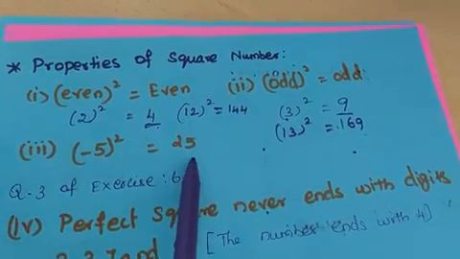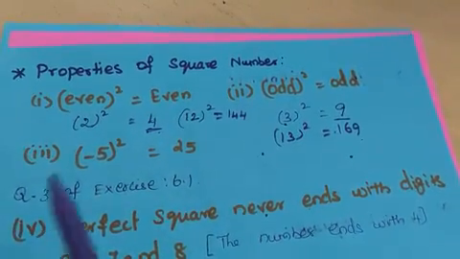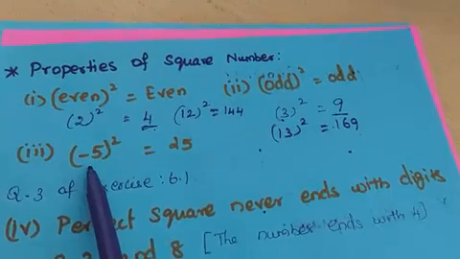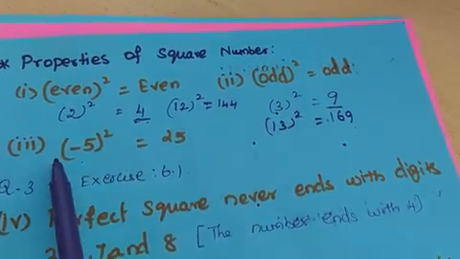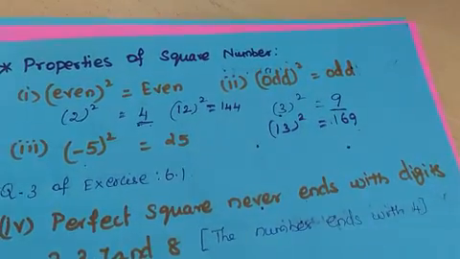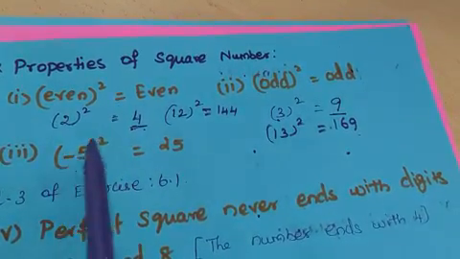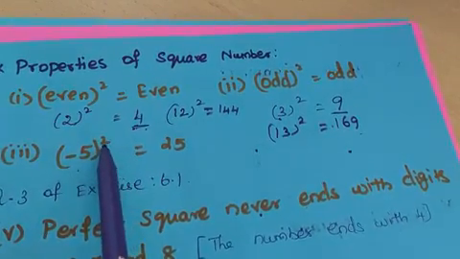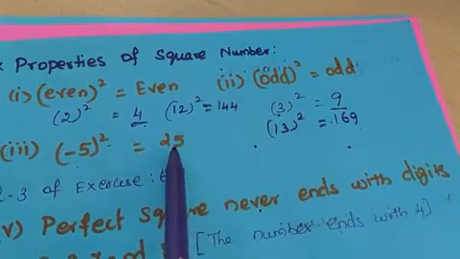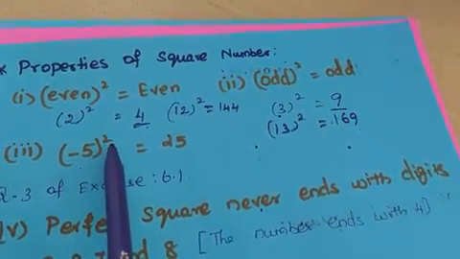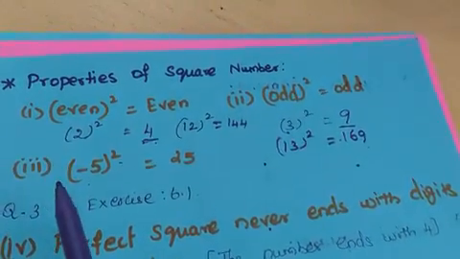We will get a positive number only, because we know that minus into minus is plus. So whenever you are taking the negative of a square, you will get positive. This concept we learned in class 7th, integers also. If you take positive or negative numbers, and the power is even, you will get the answer in positive. If the power is an odd number, then you get a negative number. The same concept applies here also.